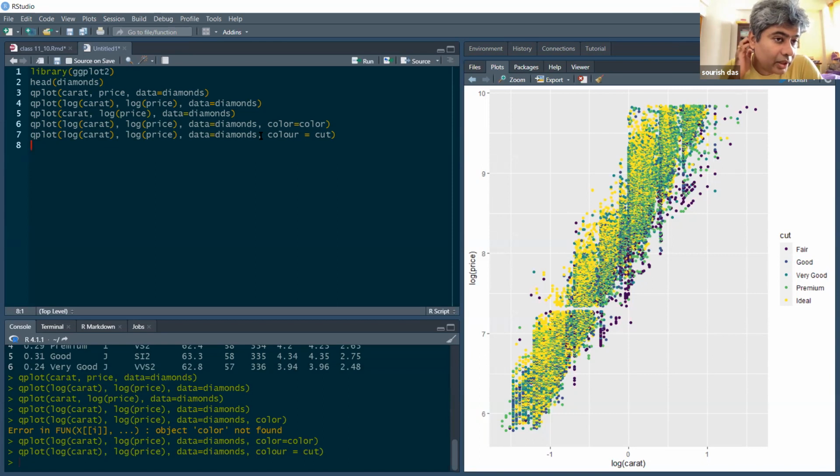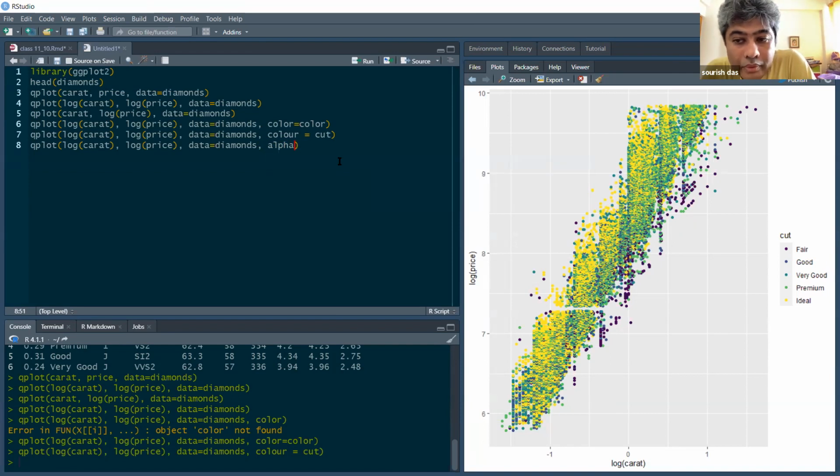Another parameter in qplot is called alpha. Take the same thing: qplot, log carat, and then comma, alpha.